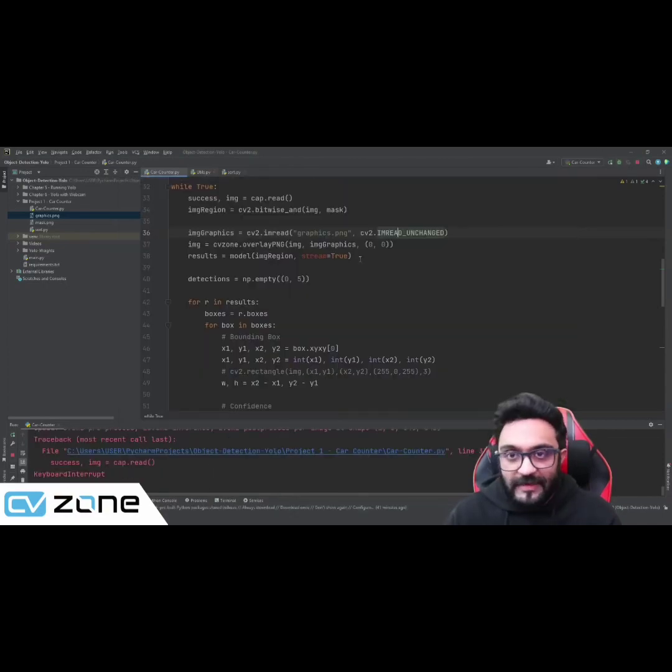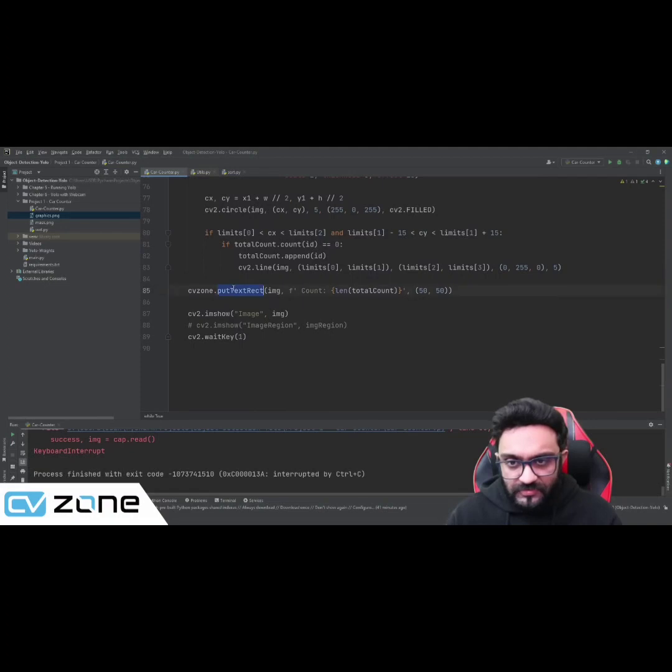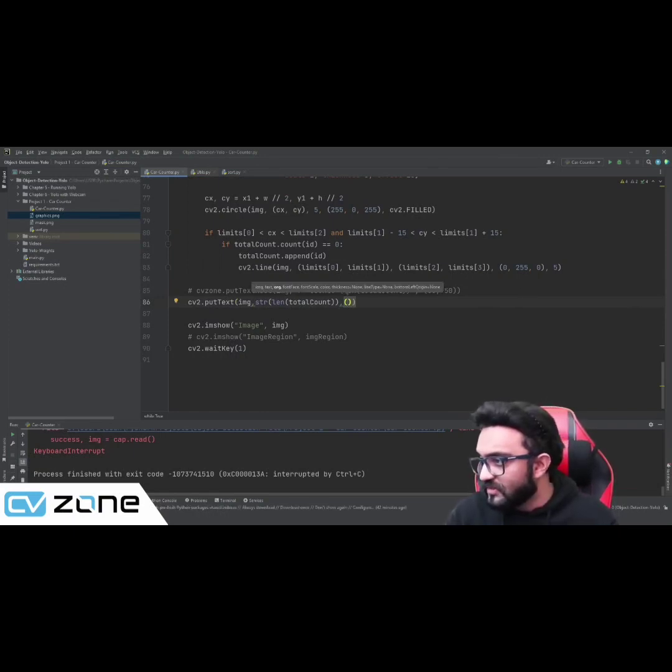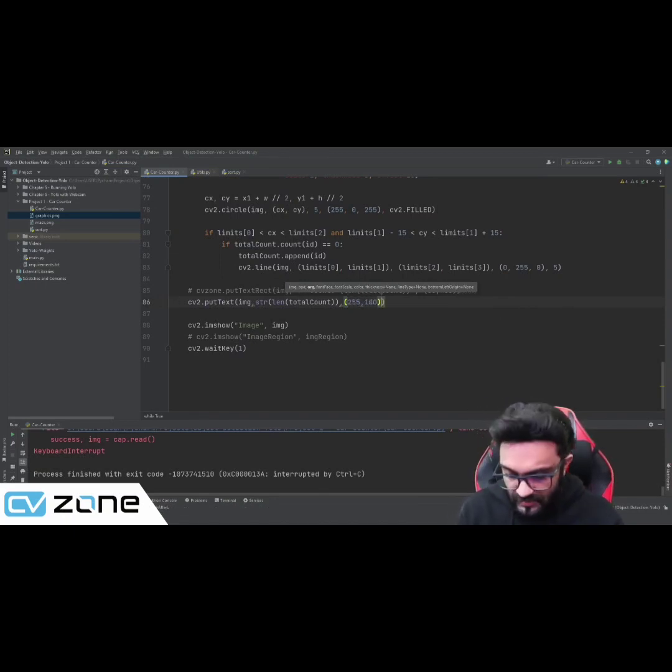Looks good. And now we will remove this rectangular count. And instead of this count, we are going to simply write cv2.putText, and we are going to write the image. The text will be basically string of the length of the total count. And then we will have, what do we have next? The origin. Let me check. It should be 255 and 100. Then we have